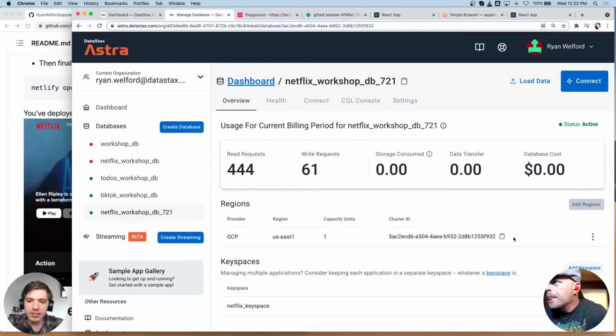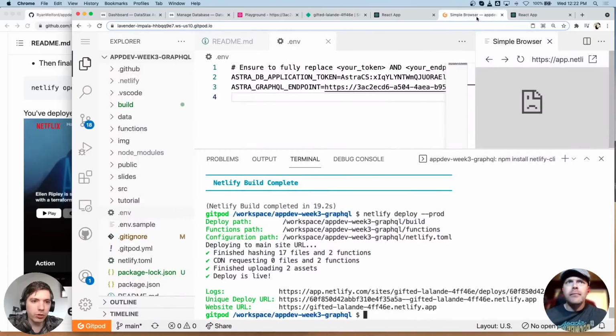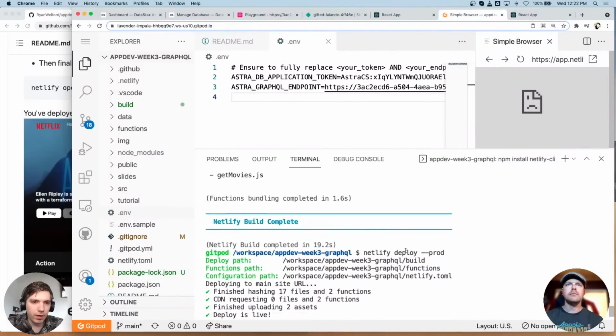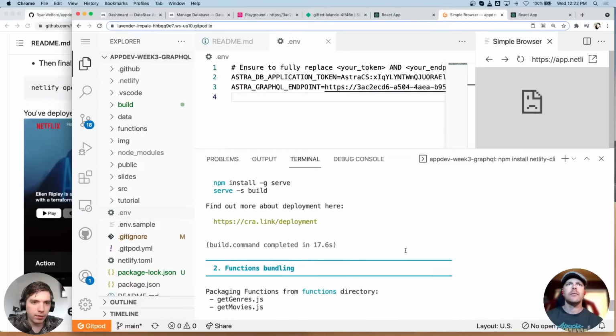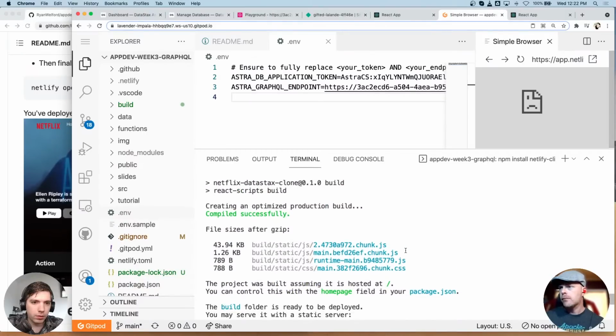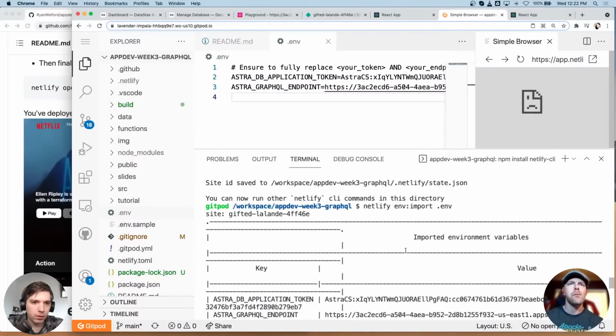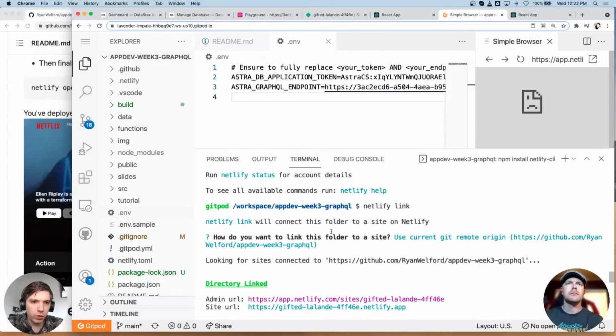Shreyash is asking about the site ID after the Netlify link. What do you write there? So it should prompt you. It should ask you a question: how do you want to link this folder to a site? And the default option will be use current Git remote origin, and that one should be sufficient, because that'll just connect to